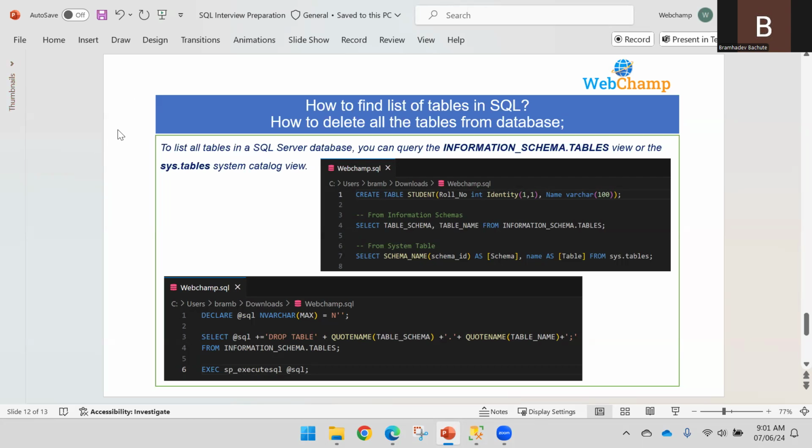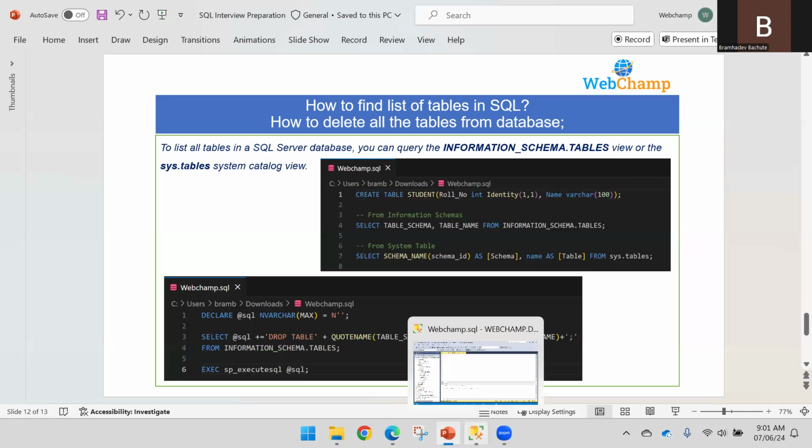if you want to find out the list of tables in SQL, information_schema.tables is the view that helps you to get the list of all the tables created. Okay, whatever tables you have created, not the default tables or system tables, you will get. Or sys.tables also gives you the same list of tables. Okay, so let's write a query to